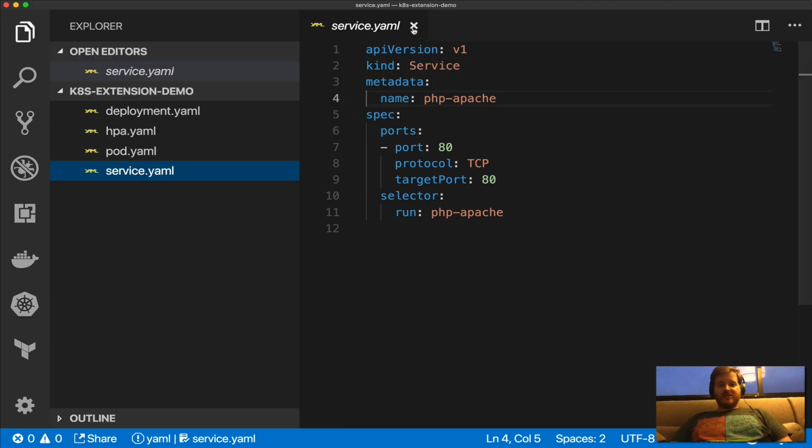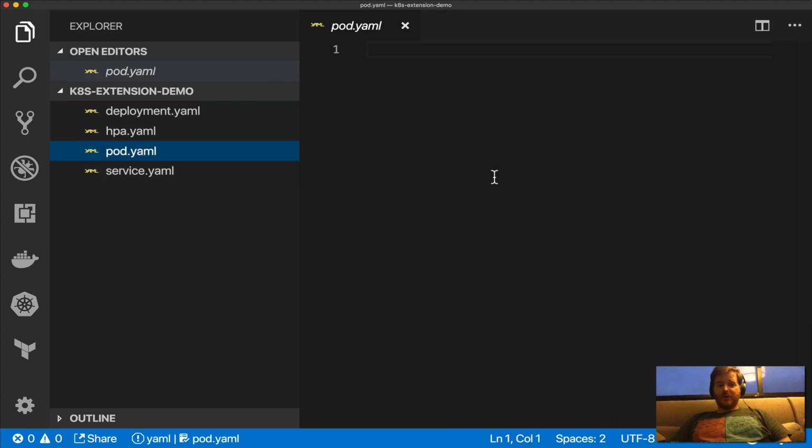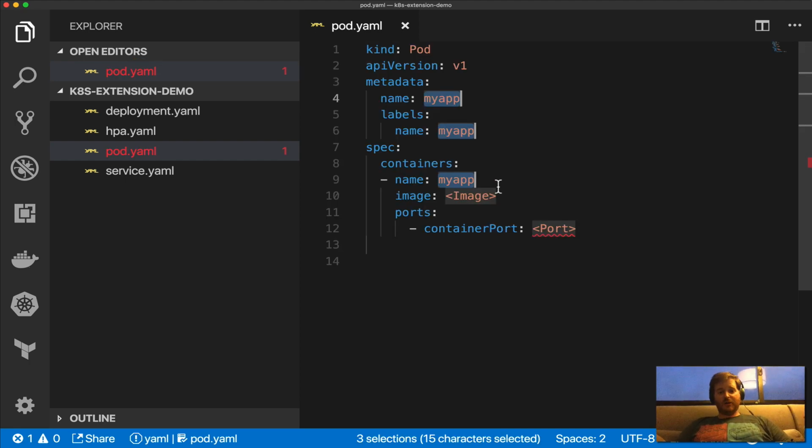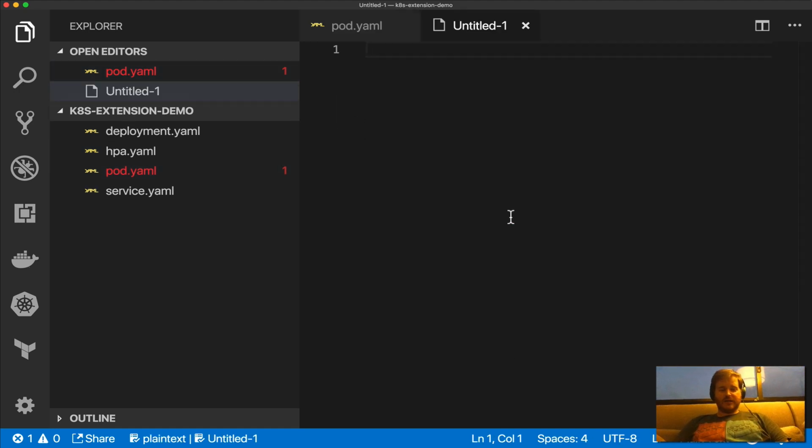There are other little things like snippets. So I have a pod here. I could just type in pod. Oh, I should tab it. Right, so I've just created a pod spec easily, and I could say hello Lockie. So I have a pod. Let's go ahead and do